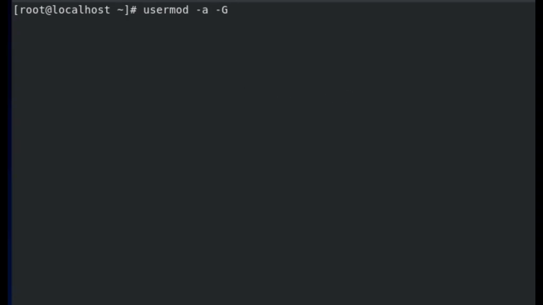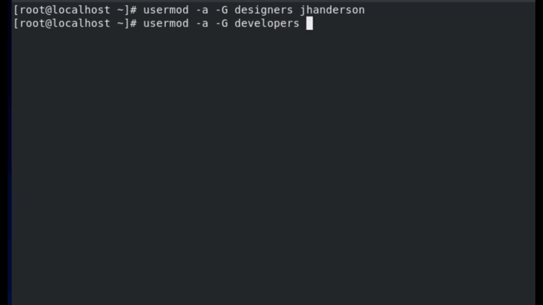We put the group, which is designers, and we're doing that for Jay Henderson, so J Henderson. That's the first one. Now we're doing usermod again, -a for append, -G, developers for Tom. We're doing it one more time: usermod -a -G managers